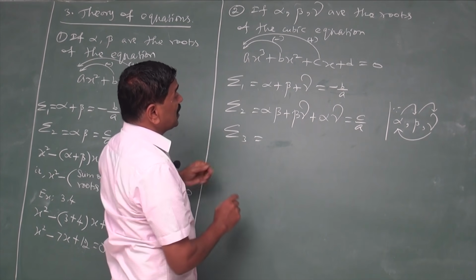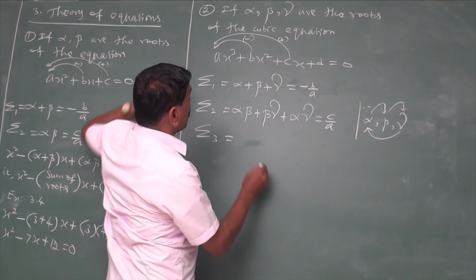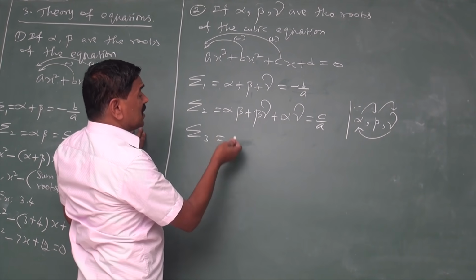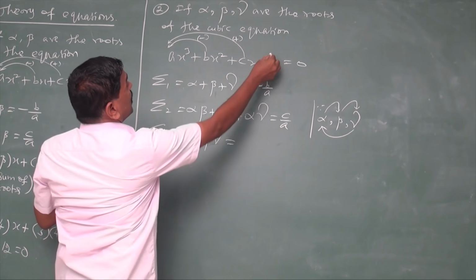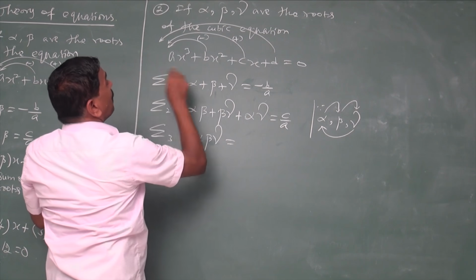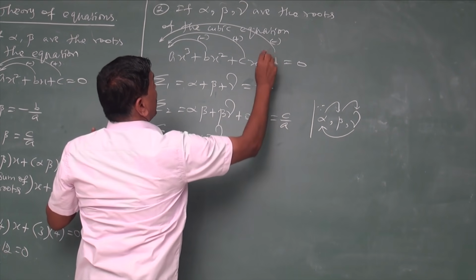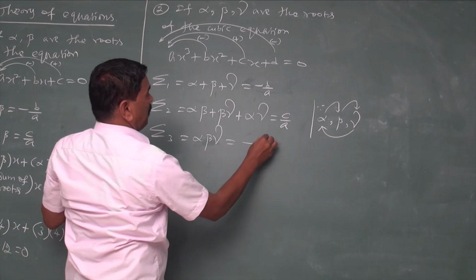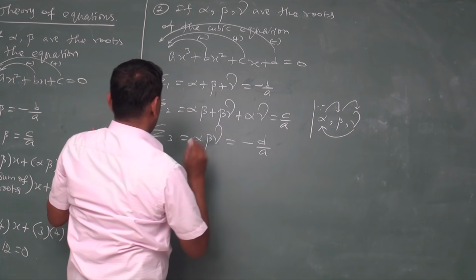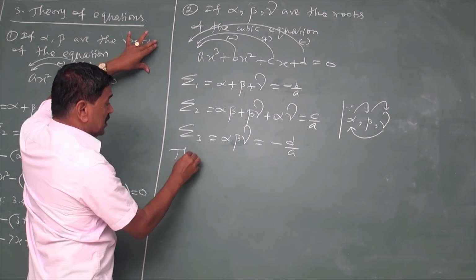Here sigma 3 means the product of all the roots. Here there are 3 roots, so sigma 3 means taken 3 at a time, which means alpha beta gamma is equal to D by A. But listen, first minus, plus, next minus. So minus into plus is minus D by A. Minus D by A. Now the required cubic equation is given by